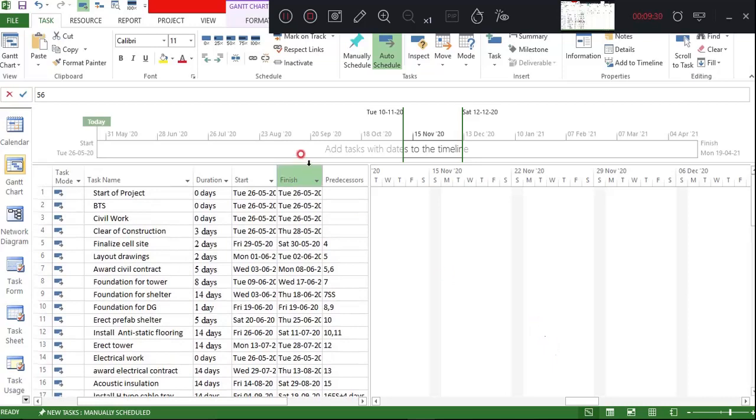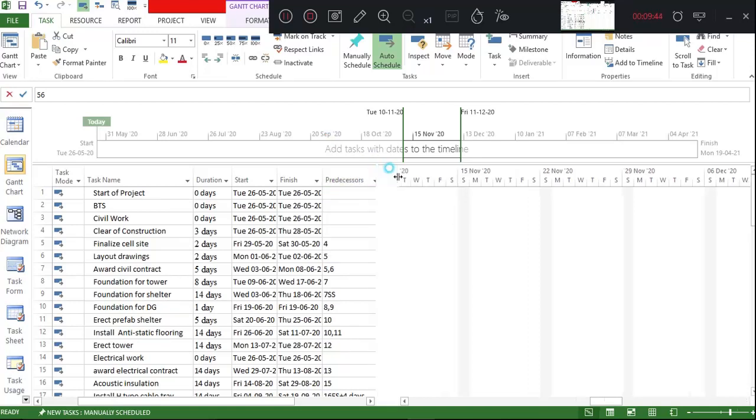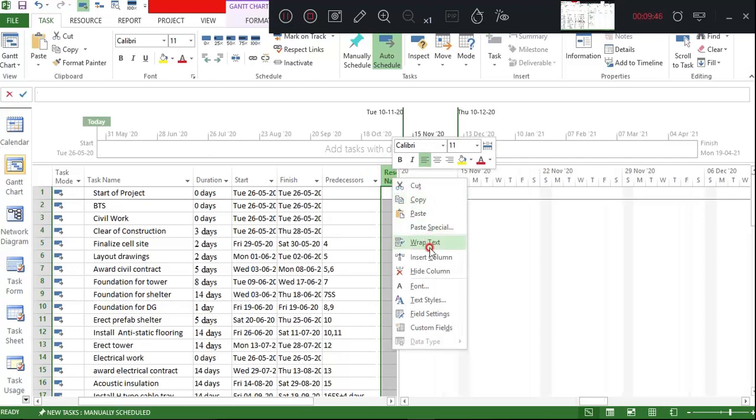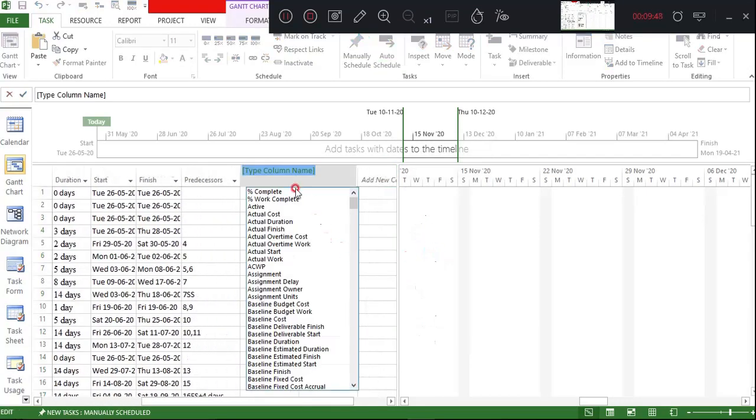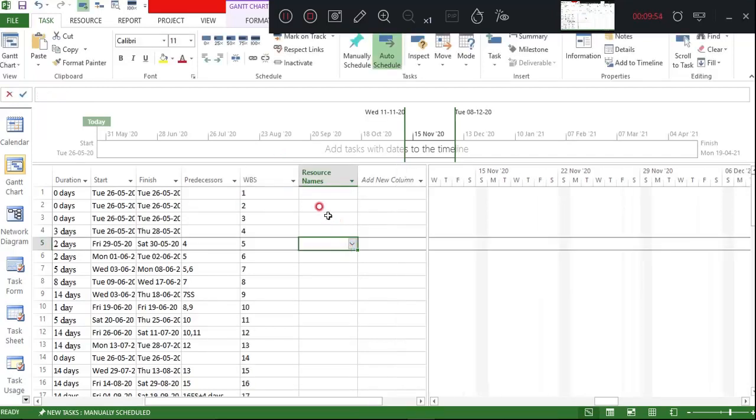Now let's see what is this WBS and how to understand this, how to establish the relationship here, or how to generate the codes. Now before this, what I'll do is I will come here and insert a new column, insert column and type WBS. What did I do? Just check again.